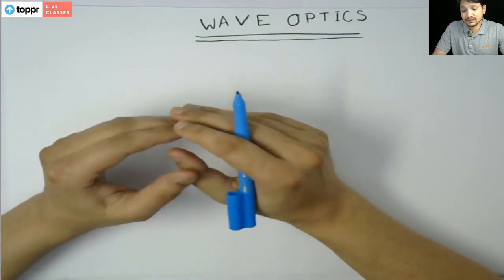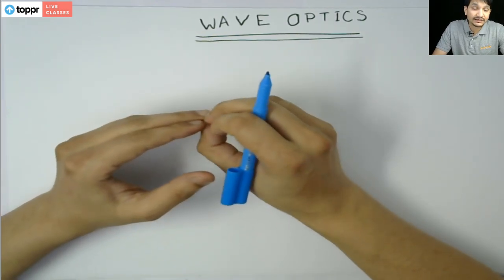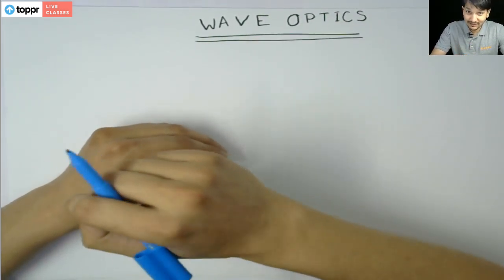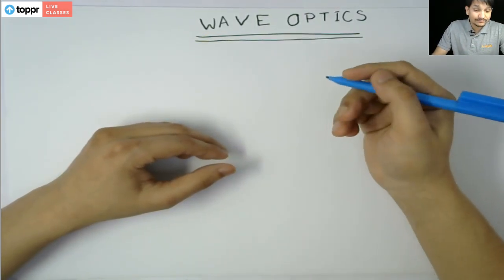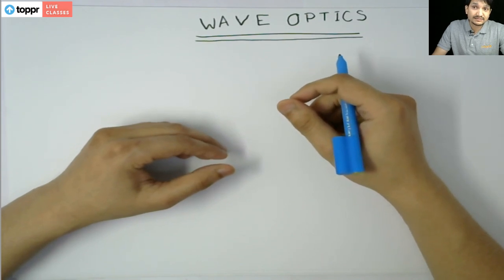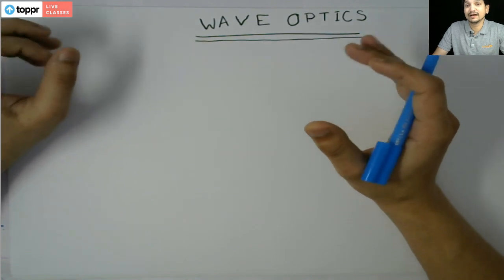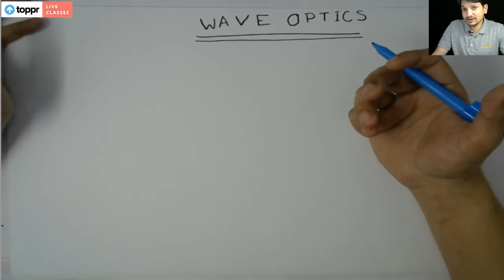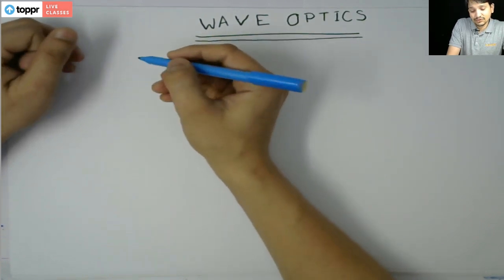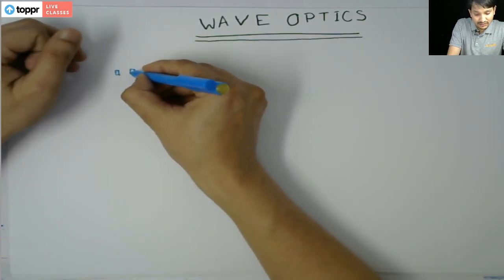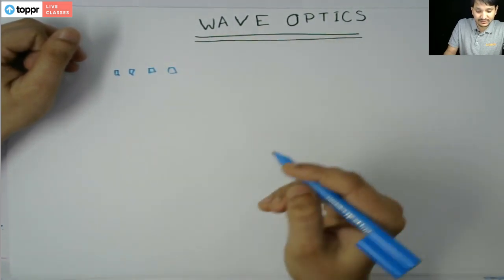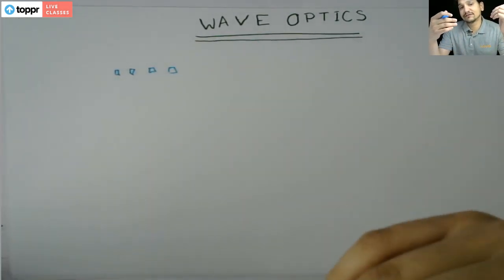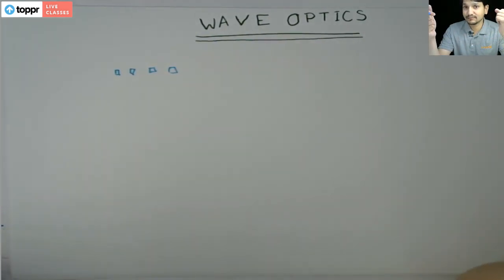So the first thing about wave optics is a contradiction among scientists: what is light? Is it a particle or is it a wave? As you know, in earlier days the science community was highly influenced by the followers of Newton, and Newton gave the corpuscular theory for light. According to the corpuscular theory, light is nothing but small packets of energy, or small packets that follow the law of collision,